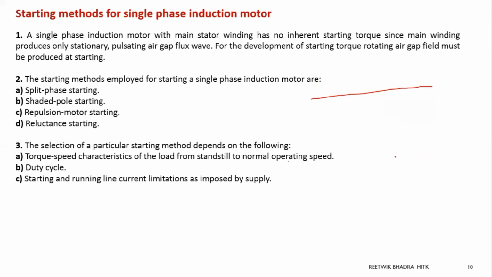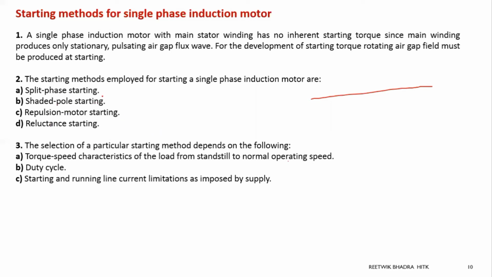Now, what are the methods that will be employed to remove that external torque? We don't want to give that external torque always. So what are the methods that will be applied to generate torque at starting only? Today we'll discuss only 2 methods. This split phase is divided into many parts, so we'll divide under split phase 2 methods, and then slowly we'll go into this. So what are the methods?